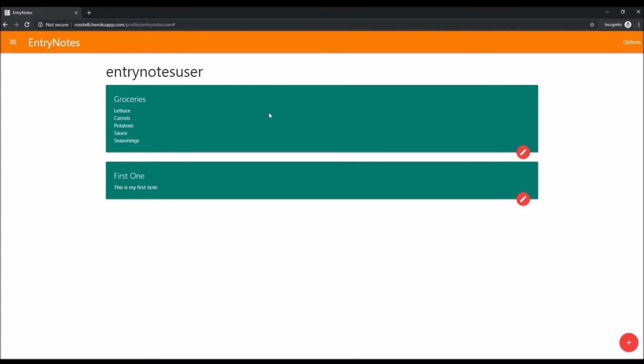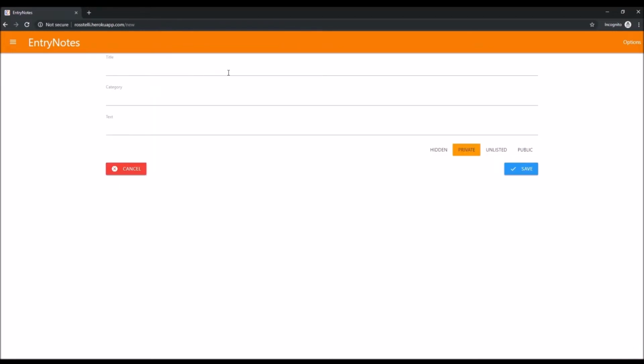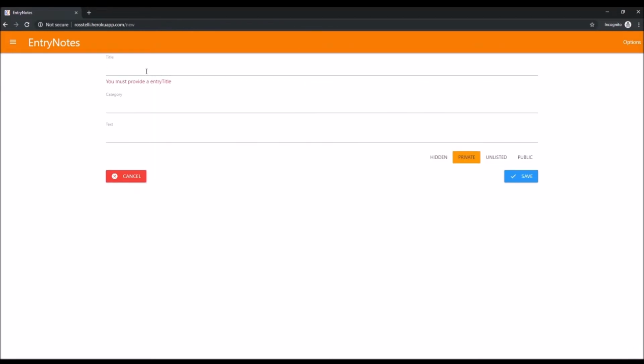So here, if this is your first time signing in, you will not see any notes on this landing page, but I have already created 2 notes under this user. The first thing you want to do if you want to create notes is there is this plus button in the bottom right corner. You click that, and then it brings you to this screen where you can create a note. You can create a title for it, so we can just say